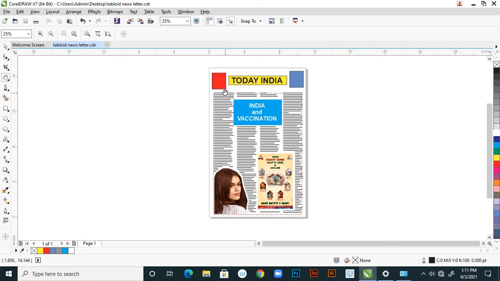So if you are designing for real-time magazines, you can take the dimensions and give the dimensions, choose the area, and you have to decorate by various text and news and some headings, and by using pictures, commercial pictures and commercial ads, you fill and decorate nicely. So this is the first page. Suppose if you want, you can add many pages, right? Accordingly you have to design that. So this is very easy, and you can practice,